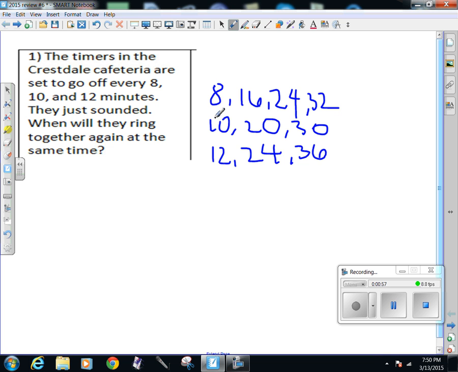So I look here and I see that I've got a 24 and a 24, but I don't have a 24 in this list. So what that means is I have to continue my counting. So then I go to 40 and 40 and 48. Still nothing in common. So then 48, 50, 60,